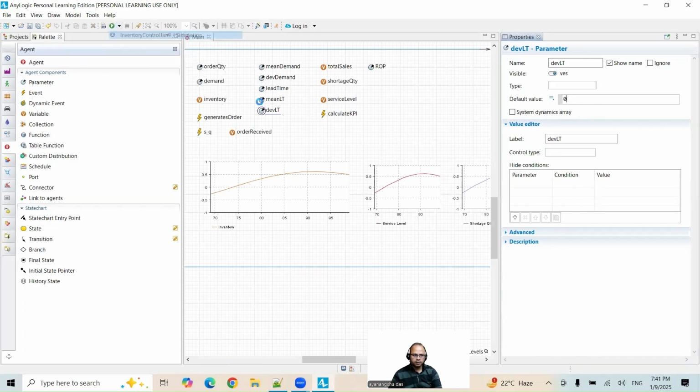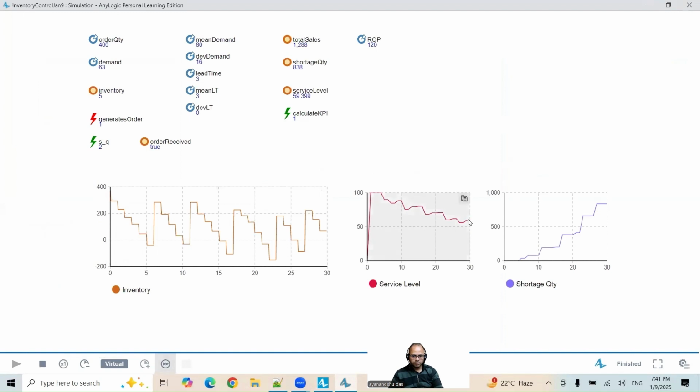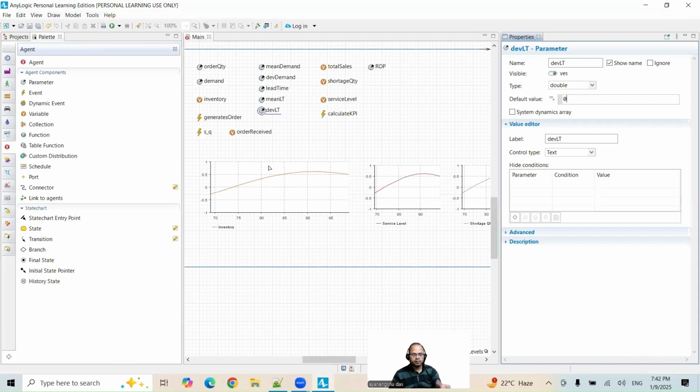Now we should see that since there is a lag in the lead time, there are some shortages and some service level drop. So what we see over here is that the service level has dropped to a certain value, and then there is some quantity of shortages. The shortage quantity is such, and then the service level also is close to 60%. To calculate the cost, we will also